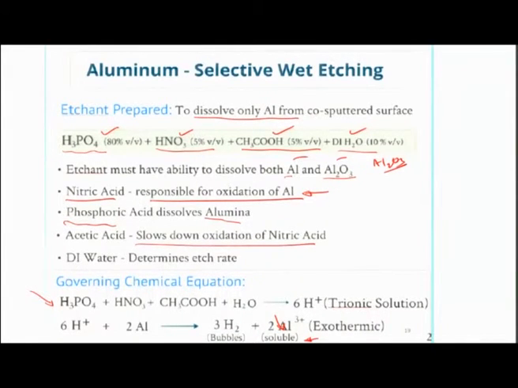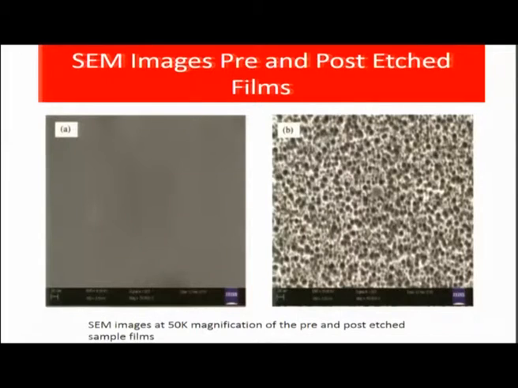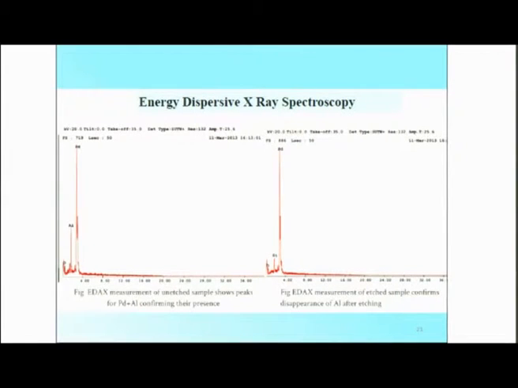So we have now investigated the structures through scanning electron micrography, and you can find out this is pre-etched structure at magnification 50,000, and this is a post-etched structure, and you can see a lot of pores suddenly appear where the aluminum was placed. So it's a highly nanoporous structure. Each of these pores, the scale being about 300 nanometers, indicates these pores may be about close to 20 to 30 nanometers in size, well distributed within the material,